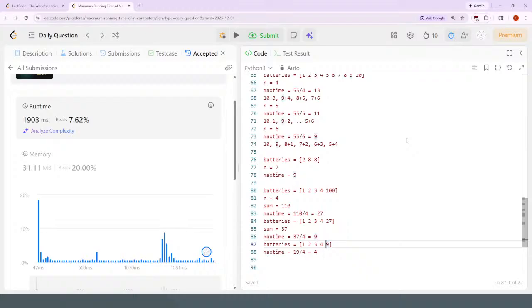Why doesn't it work? Interesting. Just keep on shrinking everything. I think